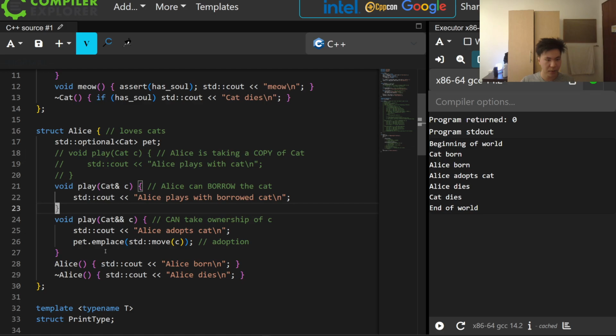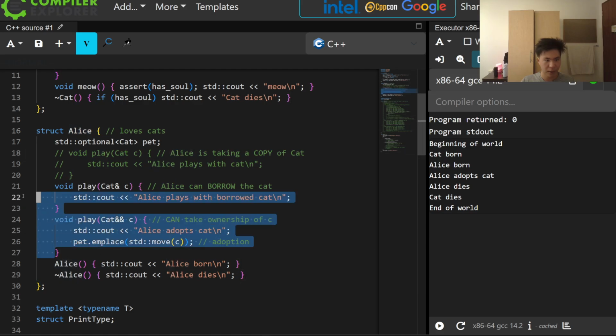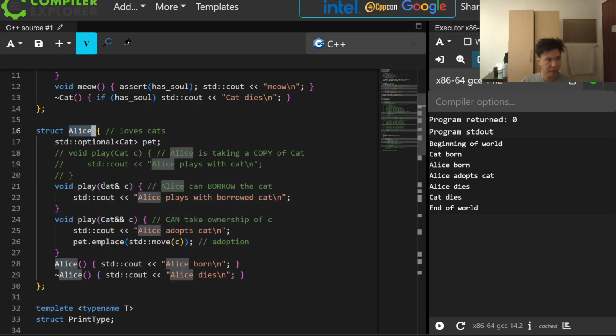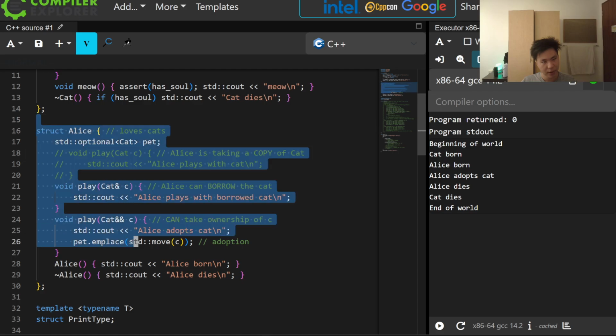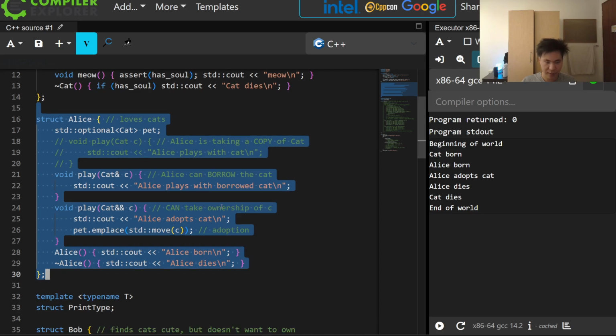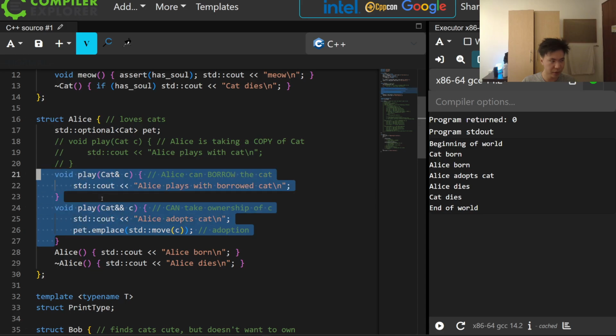So it's completely reasonable to expect that a service, in this case represented by Alice, could want to have two different behaviors based on whether the caller wants to allow this service to take ownership of some huge resource that's expensive to copy. So basically, I'm just trying to say that this toy example is just silly and funny, where we have adoption of an animal, but in a real scenario, this is code that you really do want to write to encode the idea that